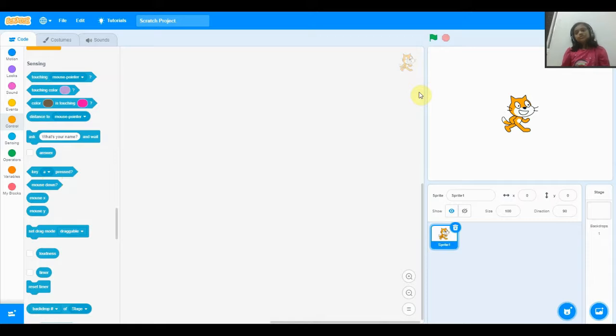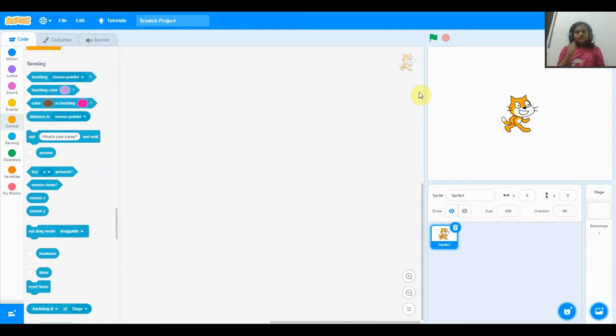These are also used to make creative games. When you're touching the mouse pointer, you have to run away with the mouse pointer, and if the sprite touches it, the game will be over.